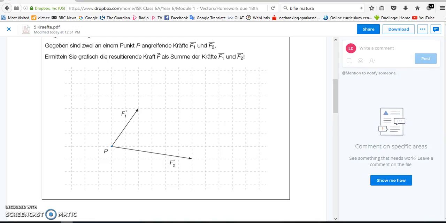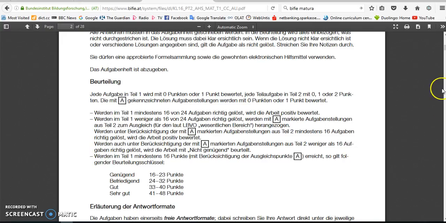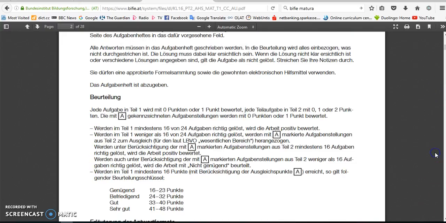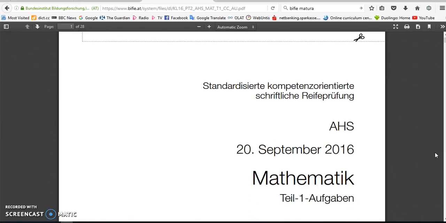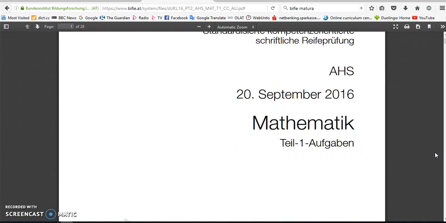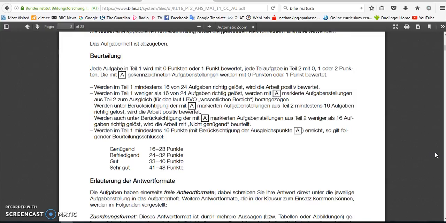And I found an example here of one of the, I think it was not the main time for last year, it was the exam from this September. And you can see here, the maximum number of points a student could get across both papers was 48 points. So they needed that 16 to pass from the type 1 ones and maybe some from the type 2 ones. Then once they started getting above 24 points, they started getting a 3, a 2, and you see that the